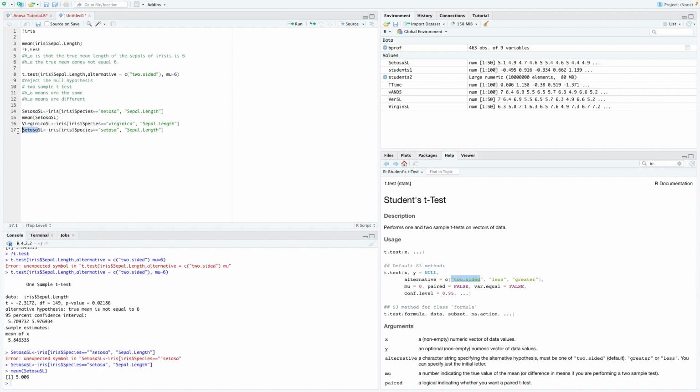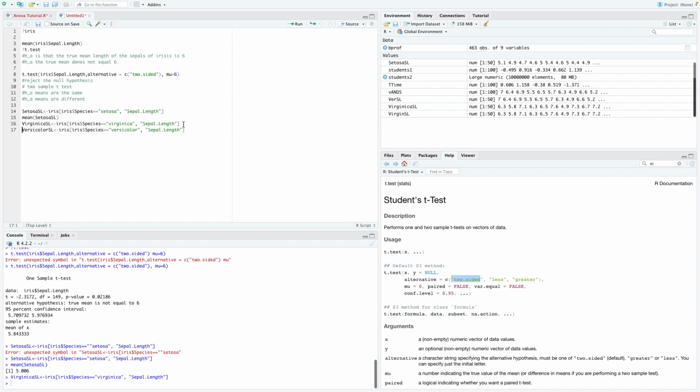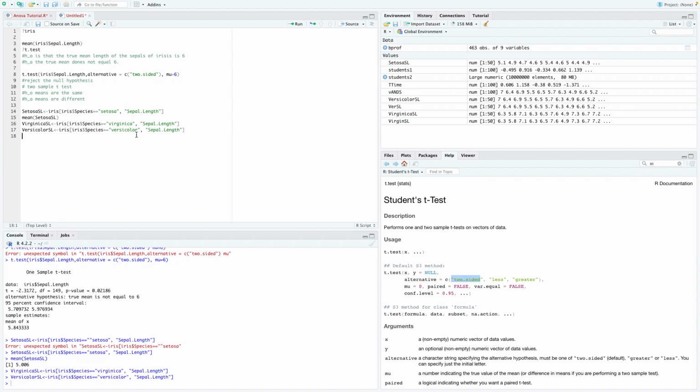And I'm going to do the same thing for versicolor. We'll call that versicolor. Okay. But it would help if you spelled it correctly, versicolor, so that I can run this code. There we are. So if I wanted to